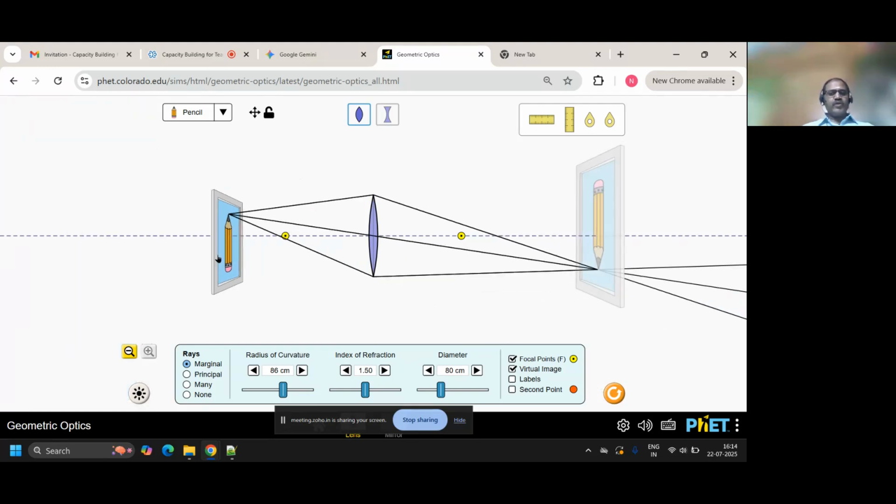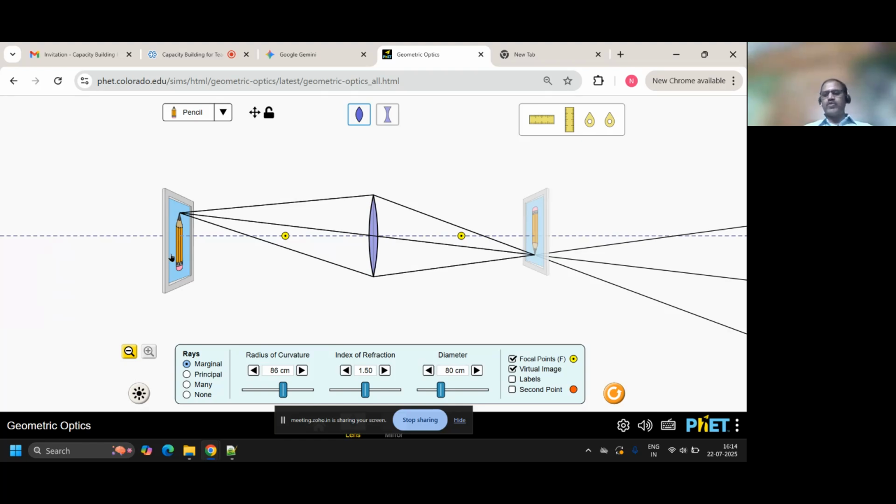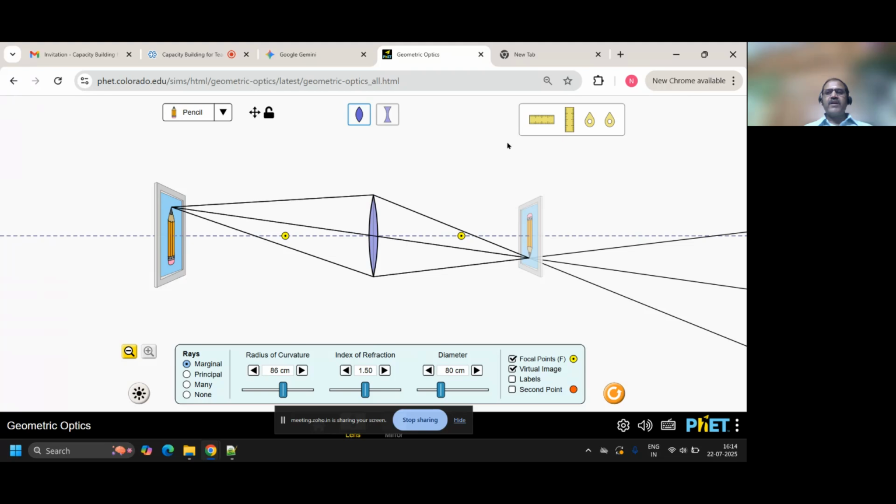So in fact, to show this to the students, object further, object closer, object at the focal point, object between the focal point and lens, we may have to draw multiple pictures. Here, there is no need for that kind of multiple drawings. Another advantage, I have a scale too. This is called a virtual lab. Nijamaina lab ledu. This is Maya lab, virtual lab.